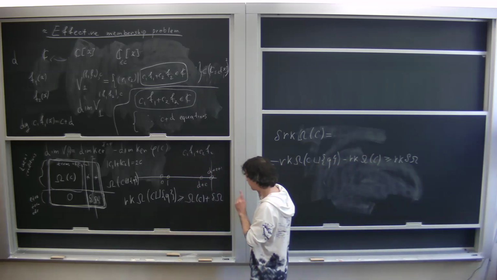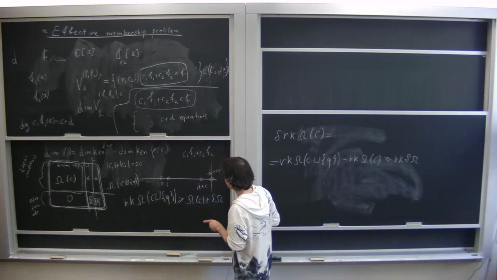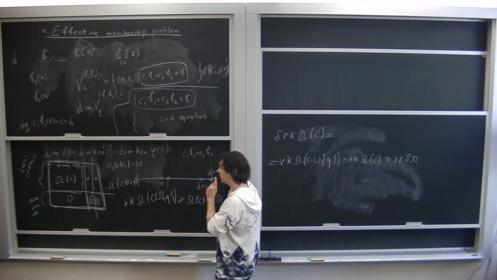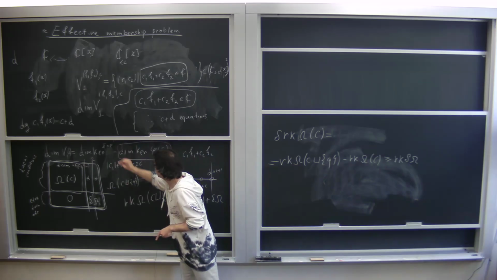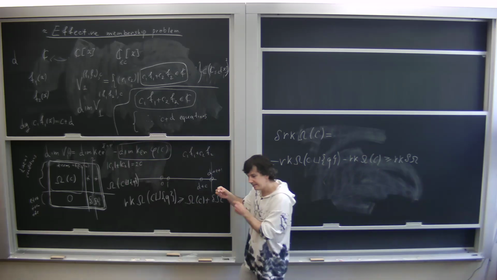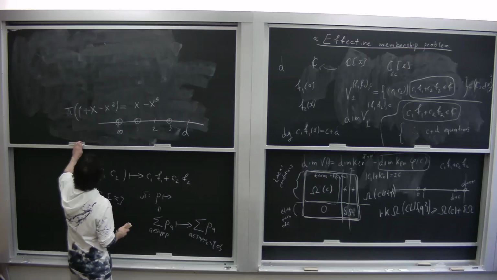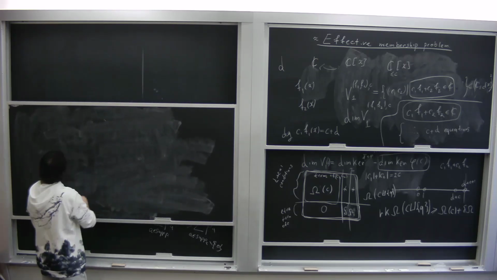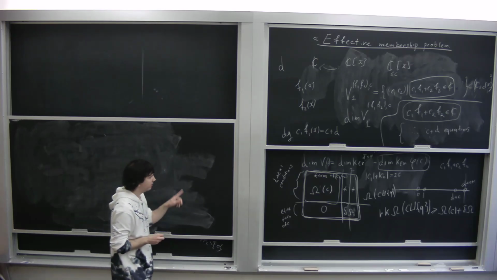So now, what are we going to do? Let us just substitute this information here. Not immediately, but we will. So for now, let us observe this term. It's going to be the easiest one. Why am I saying this? Because kernel of phi is just the set of linear equations where